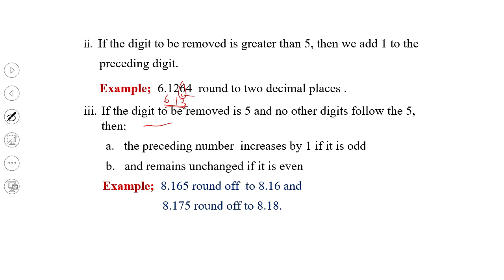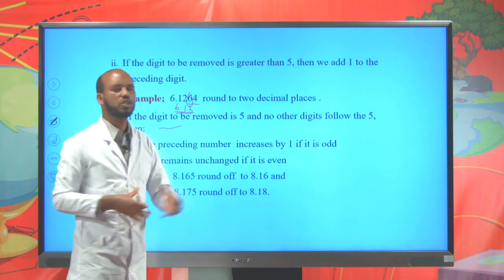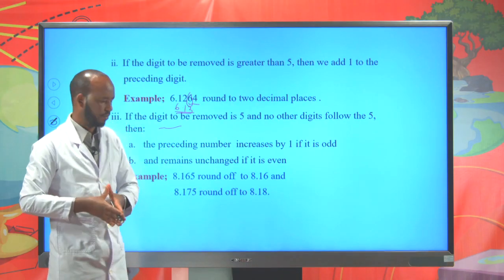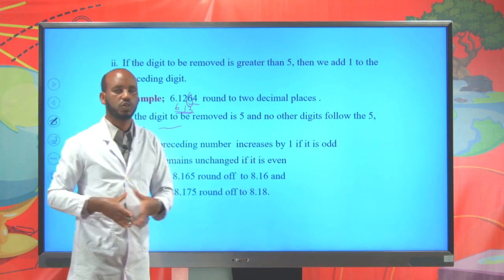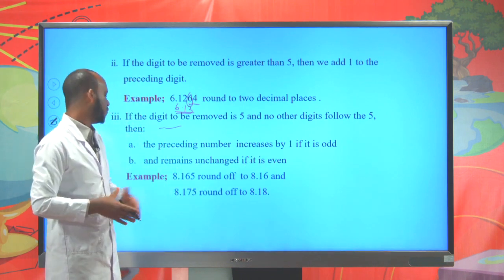3. If the digit to be removed is 5 and no other digits follow the 5, then the preceding number is: 1. Increased by 1 if it is odd. 2. Remains unchanged if it is even. For example,